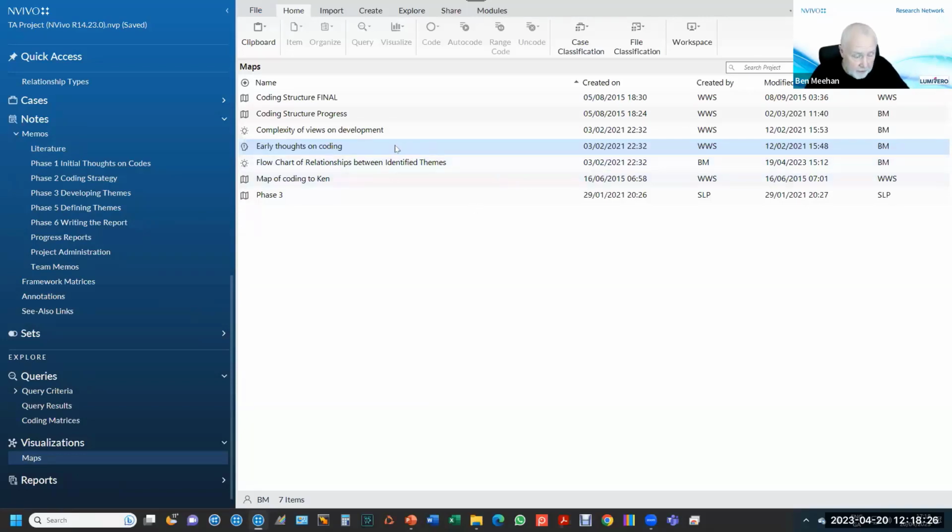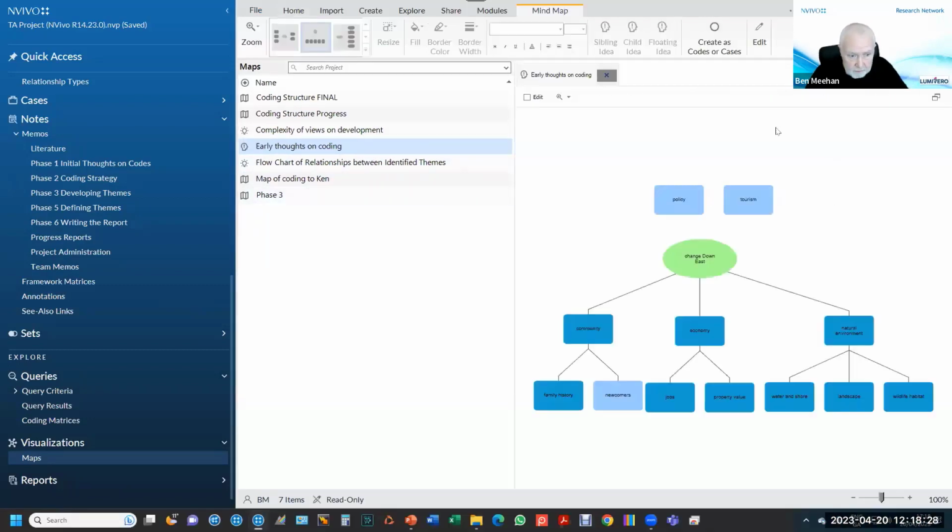But I can start thinking about and documenting in my memo the kind of coding I'm thinking about. I'm thinking about the research question, its changes in this community. What am I interested in? Well, and this could be coming from my interview schedule as well, I'm interested in the community, the economy, and the natural environment, and they have their own elements to them, like jobs and property values under economy. And I've got these 2 big picture items up here that I haven't connected to anything yet, like policy and tourism. So I've got a template here, and I can indeed create these as a set of codes